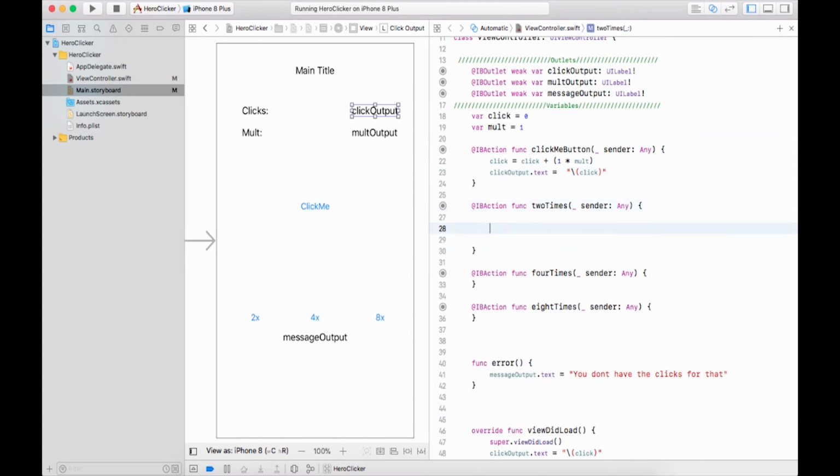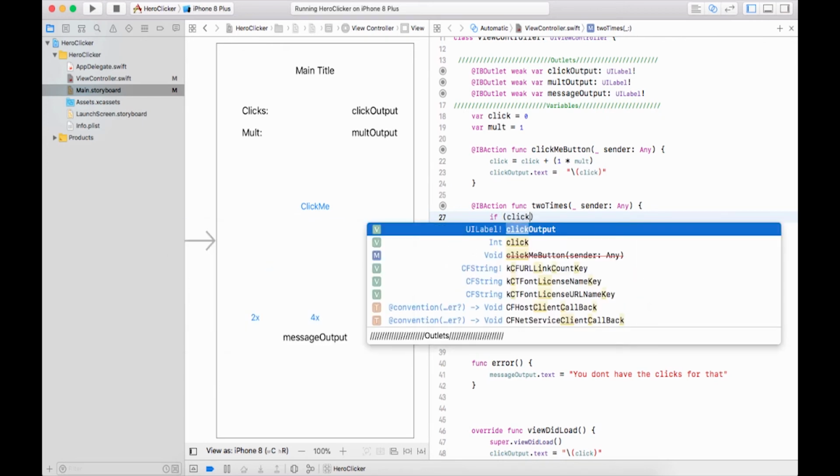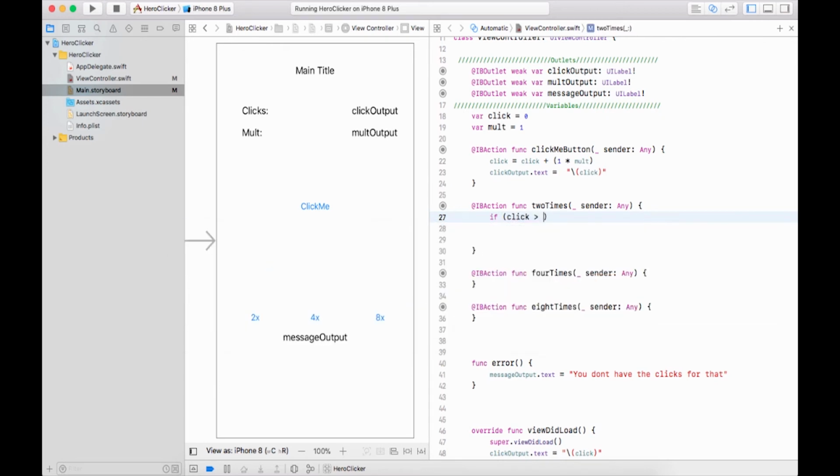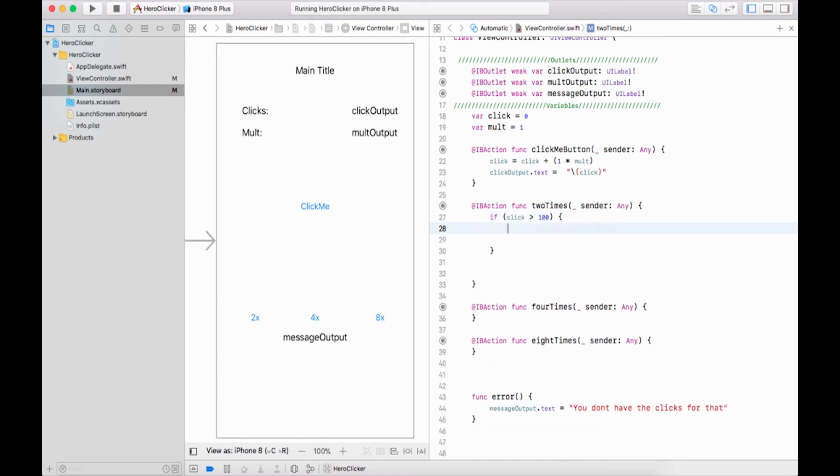So this is where we use a little bit of selection here. Essentially, we don't want to make it that you can just get this for free. You need to actually do some clicking, some grinding in the game to actually get up levels, so to speak. So let's include that. So we say if click is greater than 100, I think that's fair, then